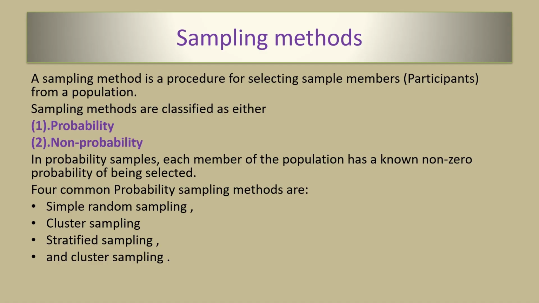Sampling methods. A sampling method is a procedure for selecting sample members, participants, from a population. Sampling methods are classified as either probability methods or non-probability methods. In probability sampling, each member of the population has a non-zero probability of being selected. Four common probability sampling methods are: